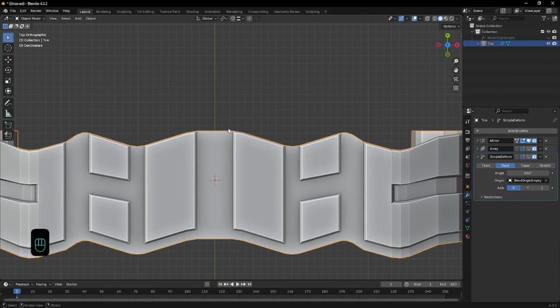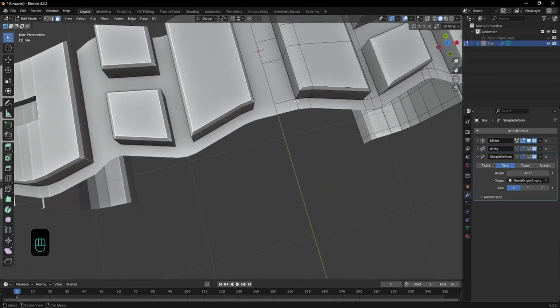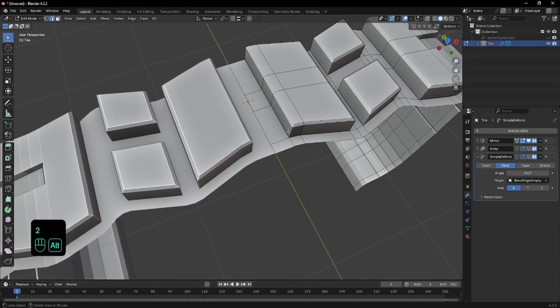Okay, what we want to do now is, as I said, we want to make this a little bit closer. So what I want to do is select all of these edges here, all of these, and move them towards here. This is very simple. If we go to top view